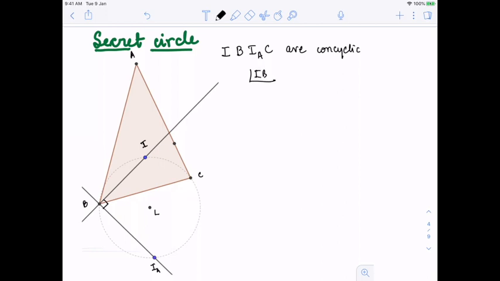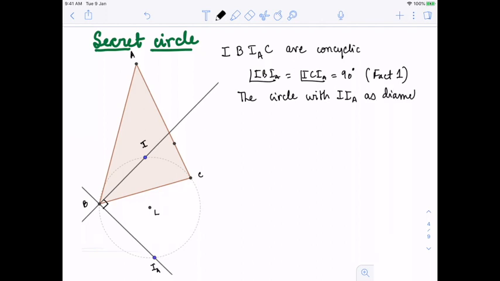Angle I_B I_A equal to angle I_C I_A equal to 90 degrees, from fact 1. And because of this, the circle with I I_A as diameter passes through B and C, so we are done. This implies it passes through B and C, and therefore